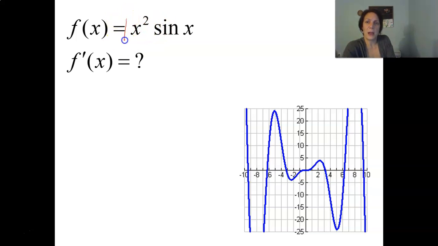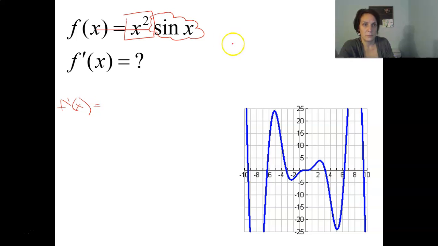So for example, here I have a product where one of the pieces or one of the factors happens to be a sine. Well, that's okay. We know how to do the product rule. So when I do my product rule, I have first derivative of second. The derivative of sine is cosine. There's nothing to do. We just have to know. We just have to memorize it. So first, derivative of second, so the derivative of sine is cosine, plus sine times the derivative of x squared, which is 2x. So what we get here